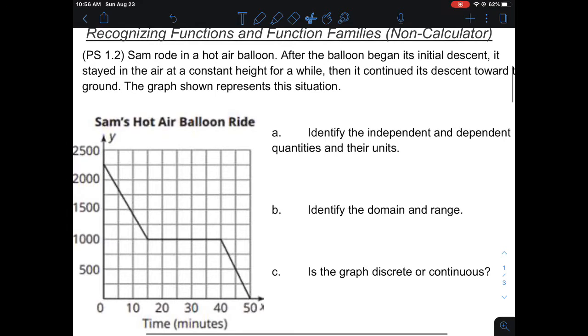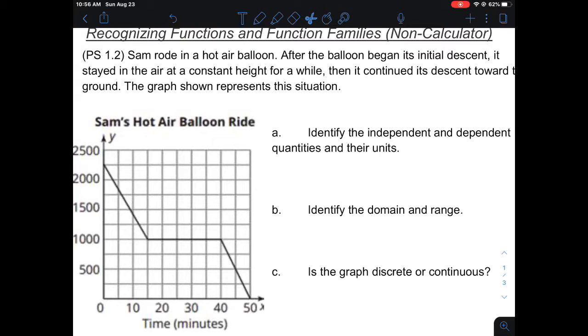So basically, it's saying that this question is all your explanation. So for 1.2, I am looking for your explanation. Can you explain what's going on in the context of the problem with this graph? We need to make sure that we're including our units and what's going on. We're using Sam, hot air balloon, time in minutes, height from the ground in feet. We're using all those different pieces to fully explain our answers so that we get the full possible points on